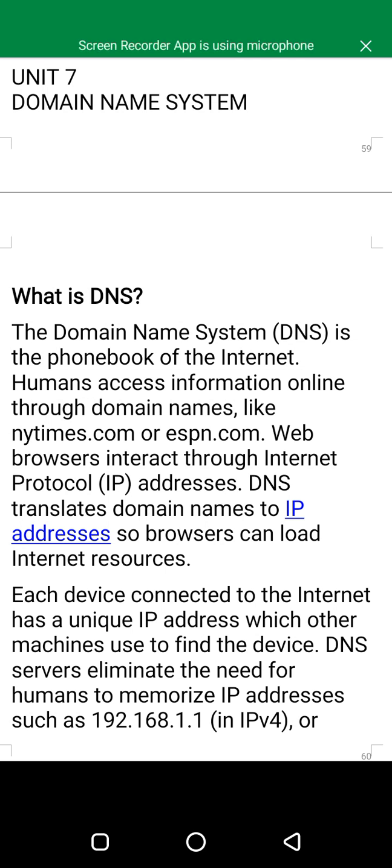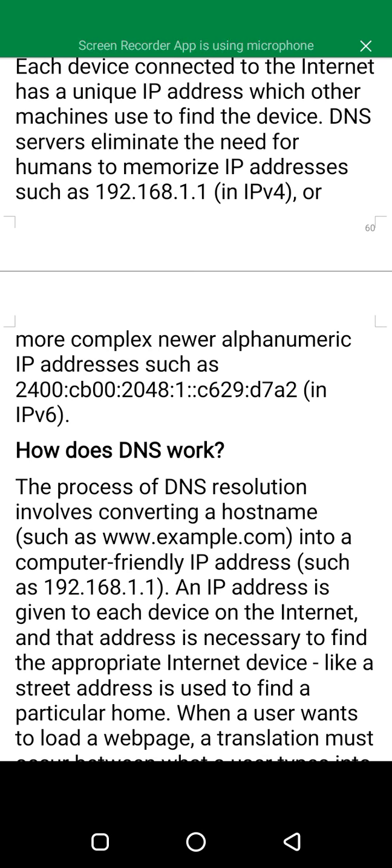DNS servers eliminate the need for humans to memorize IP addresses, such as 192.168.1.1 in IP version 4, or more complex, newer alphanumeric addresses such as 240:00CB:00:2048:1:C629:D782 in IP version 6.